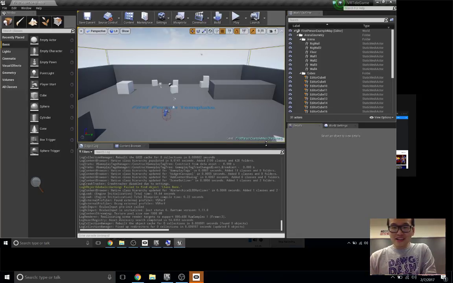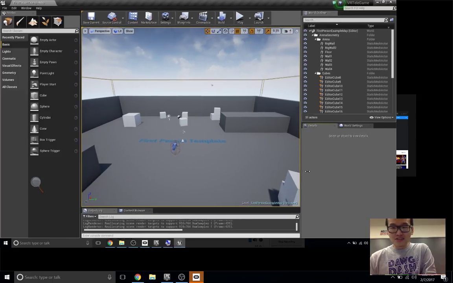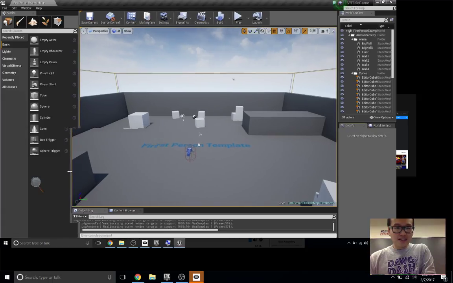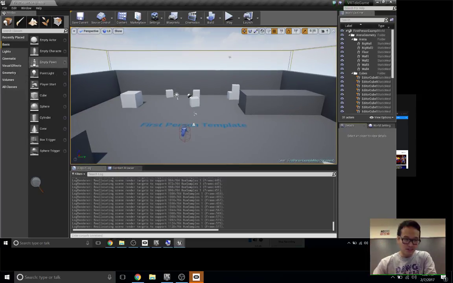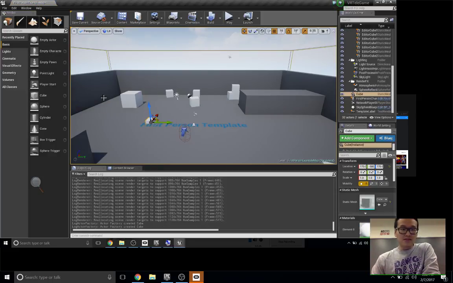At any time, if some of the stuff on the screen is too small, let me know, and I'll try to zoom in. Sasha talked about the anatomy of the editor a little bit before, so I'm just going to refresh it a little bit. On this panel on the left side, these are all the different basic objects you can put into the game. So you can put a cube and stuff like that inside the game.